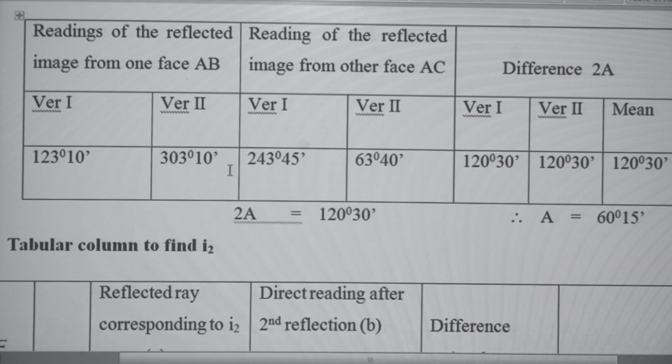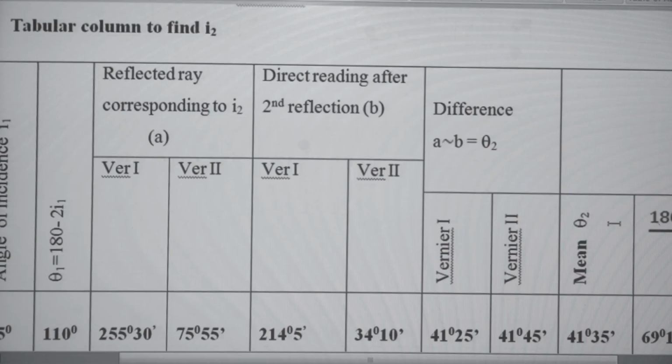423 degree 40 minute and 303 degree 10 minute, that is again 120 degree 30 minute. So the mean of these two, that is 120 degree 30 minute, that is 2A. From that A is equal to 60 degree 50 minutes. Then for the second part,